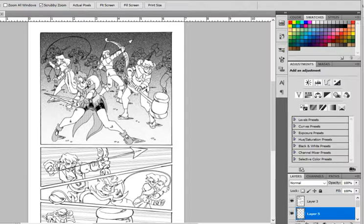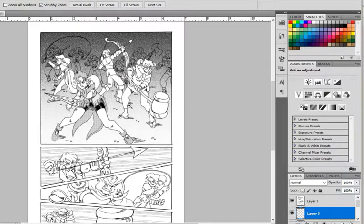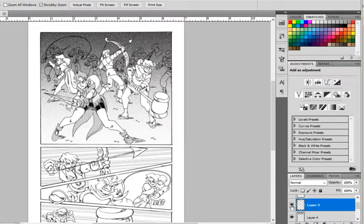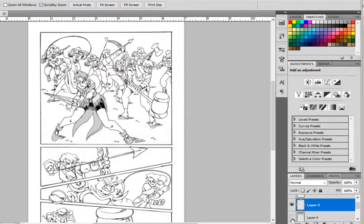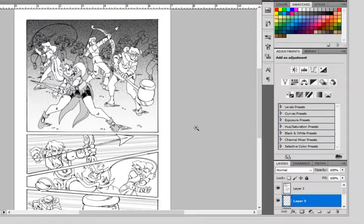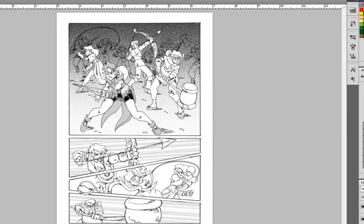What I try to do is I put each file in a layer, or each layer to where I'll have the tone. So first I'll have the line layer, then I'll have one layer for the character tones, and I'll have one layer for the background tones, and then of course I have the white background and then the template that I use to make the comic book. So I'll be in regulation of what company I go with. So anyway,